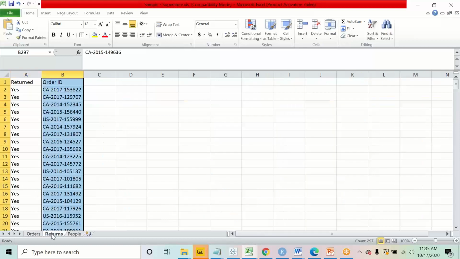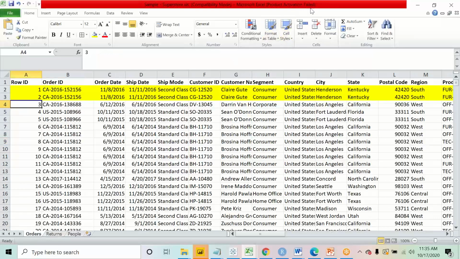Okay. And then I have a returns tab. In the returns tab, I have those order IDs which were actually returned by the customer. So there were certain orders that the customer didn't like, so they probably returned that order ID back to Amazon. Is the data set now clear to all of you? I hope the voice was also loud and clear to everyone. Okay, perfect.